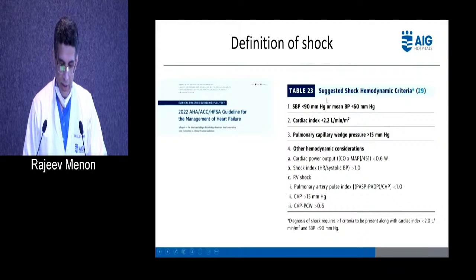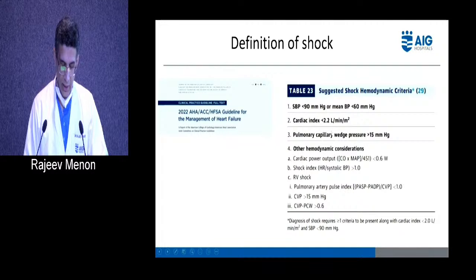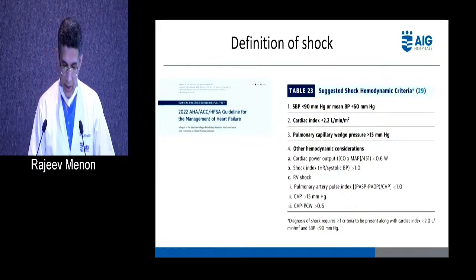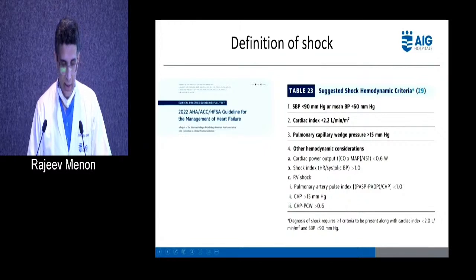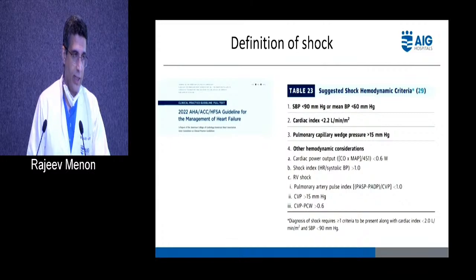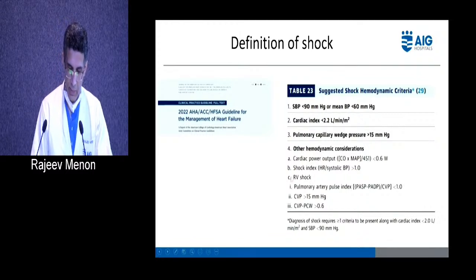a systolic blood pressure of less than 90 or a mean of less than 60, a cardiac index of less than 2.2, a wedge of more than 15, and other hemodynamic considerations. So we need to just spend a minute here and understand that these are important hemodynamic parameters which have come up now, and any understanding of mechanical circulatory support and how we escalate or de-escalate the supports depends upon these